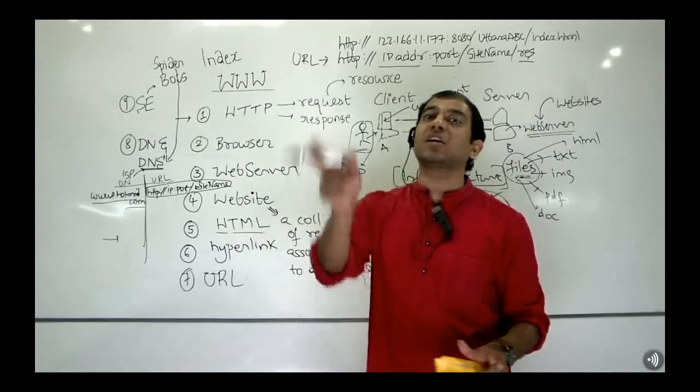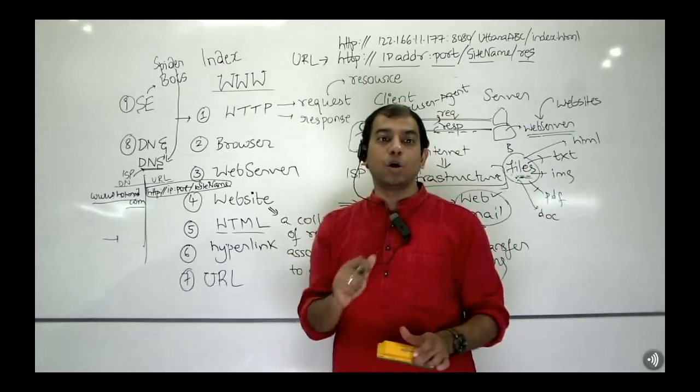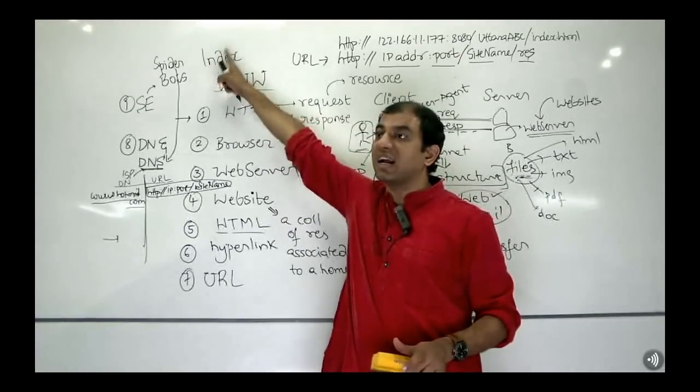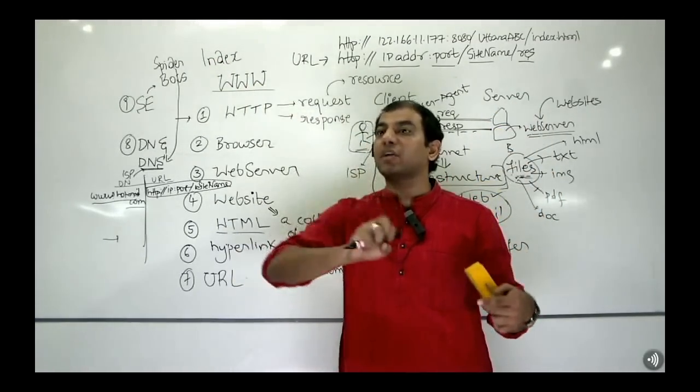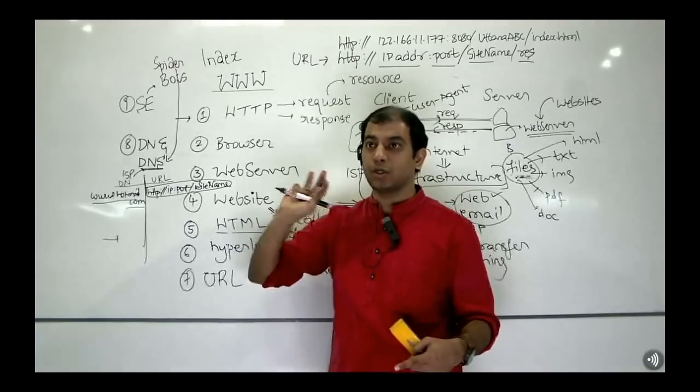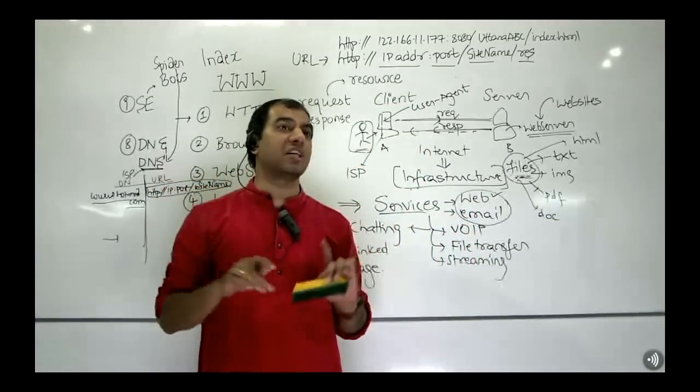So when you now search for Java job, what does it do? The search engine only searches its index. Against each word, what is there? URLs. It will simply take those URLs and give them to you. That is how conventional search engines work.